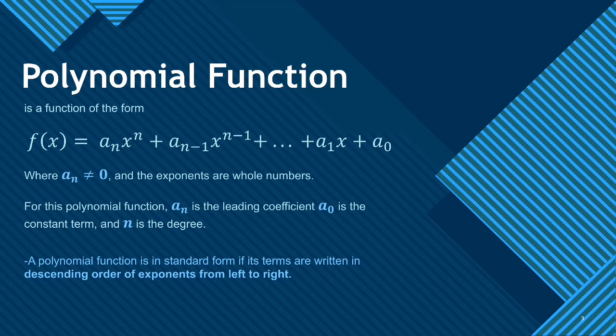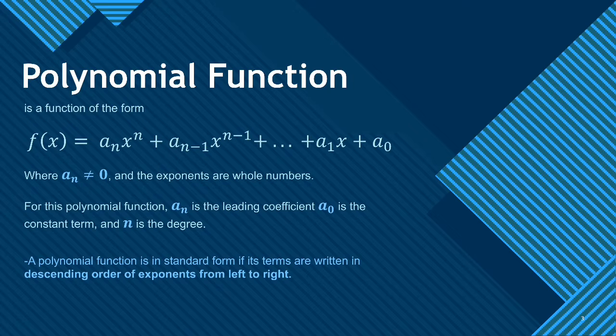A polynomial function is a function of the form f of x equals a subscript n x to the power of n plus a subscript n minus 1 x to the power of n minus 1, and so on, wherein a subscript n is not equal to 0 and the exponents are whole numbers. For this polynomial function, a subscript n is the leading coefficient and a subscript 0 is the constant term and